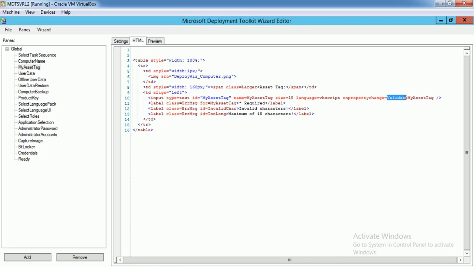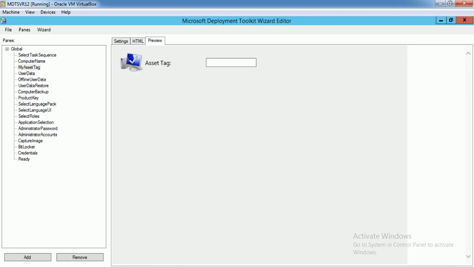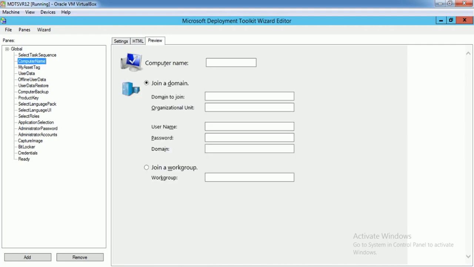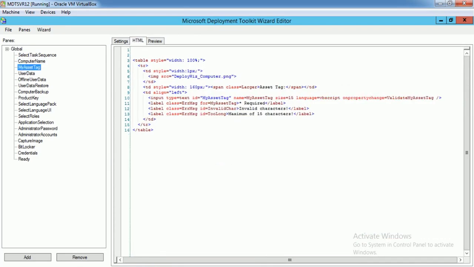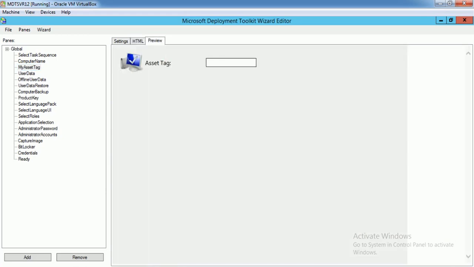This guy right here, this refers to a VB script function, a function that's contained in the VB script that controls the whole functionality of this wizard pane. So you want to make sure that this is correct. Okay, now that we have that, we're ready to rock and roll, man. How easy was that? So just to recap, we got rid of all of the extra domain stuff. So this is what it used to look like. This is what we copied. This is the original. So we had join a domain, all this other stuff. We got rid of that. We trimmed the fat, and we're left with a regular text box, and we have the text that we want,